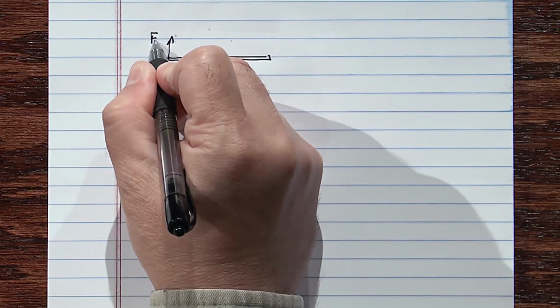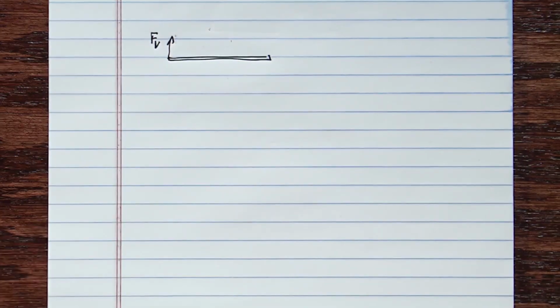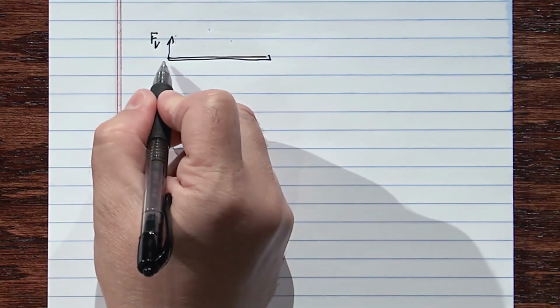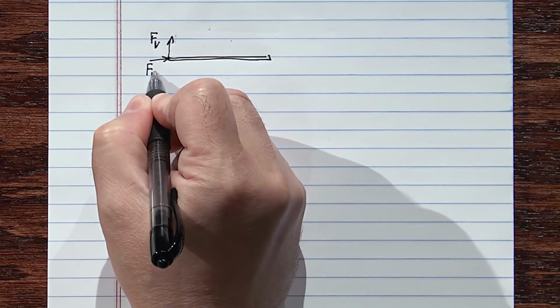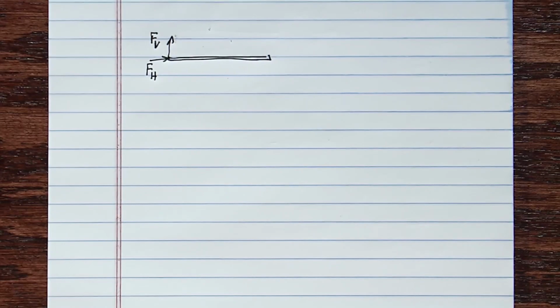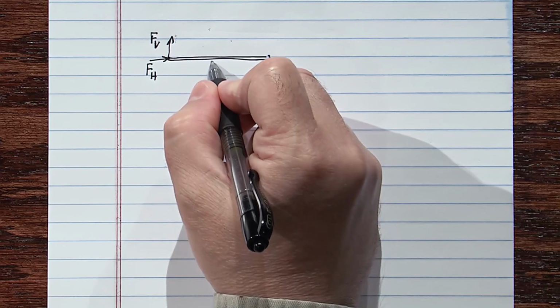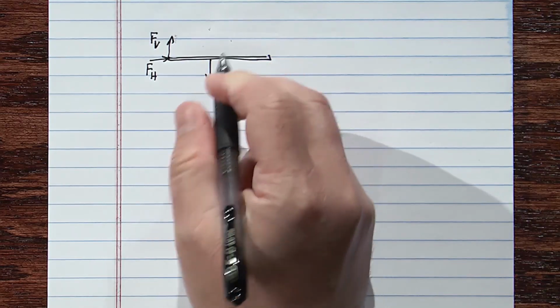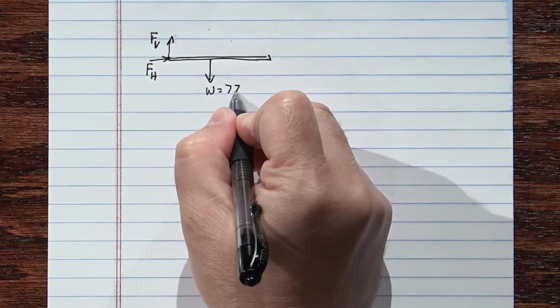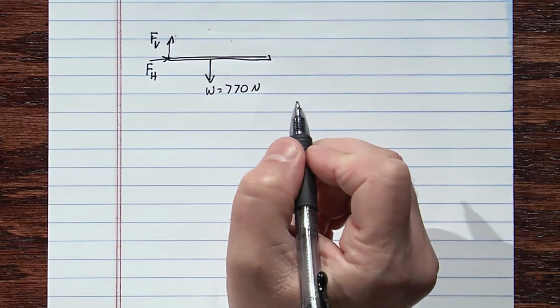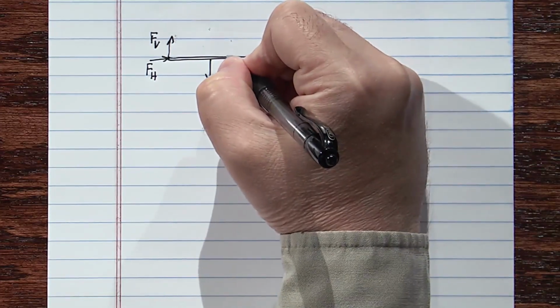The forces on the person are the vertical force, call it F V, the vertical force that the wall exerts on his feet, the horizontal force, F H, that the wall exerts on his feet, gravity, weight, which we're told is 770 newtons, and the tension in the rope,